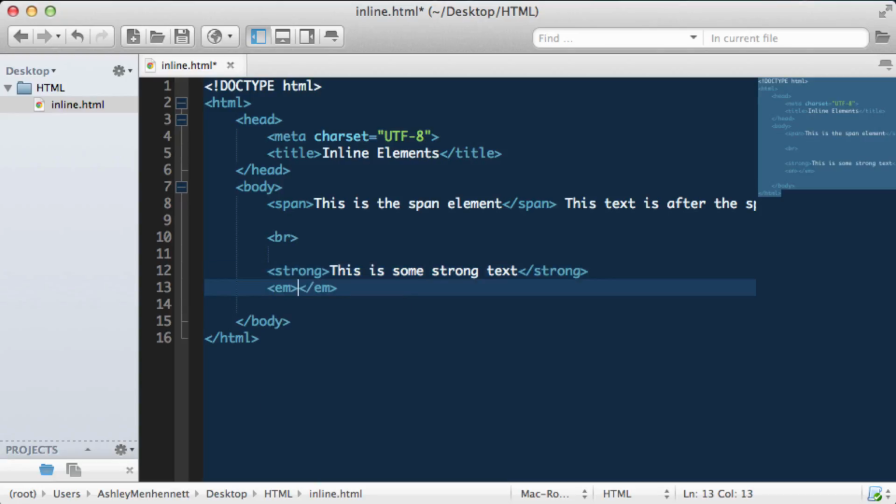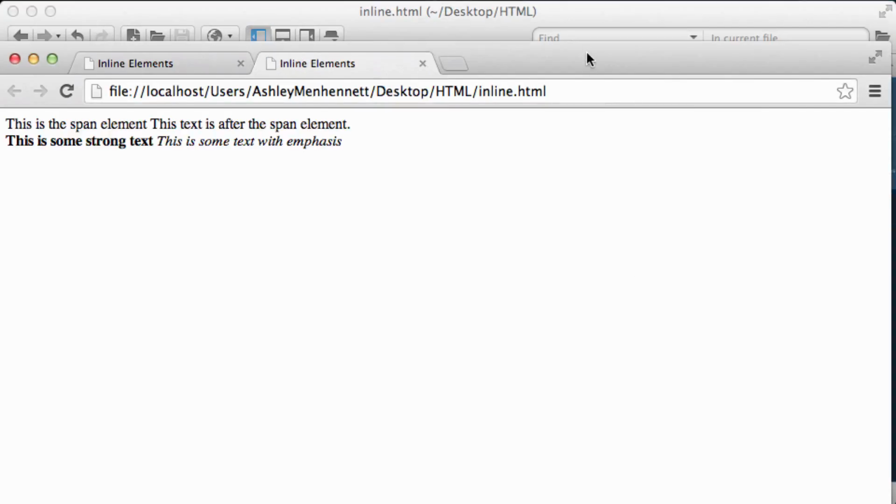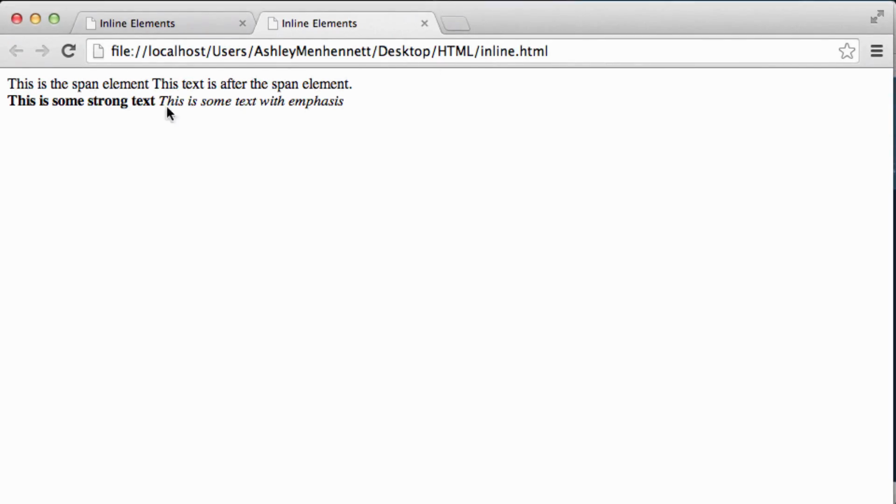We can also use the emphasis element to render text with emphasis. So I'll go ahead and save this, open it up in our browser, and as you'll see, this is some strong text, which would be inside the strong element, is being rendered as bold text, and this is some text with emphasis, which would be inside the emphasis element, and it is being